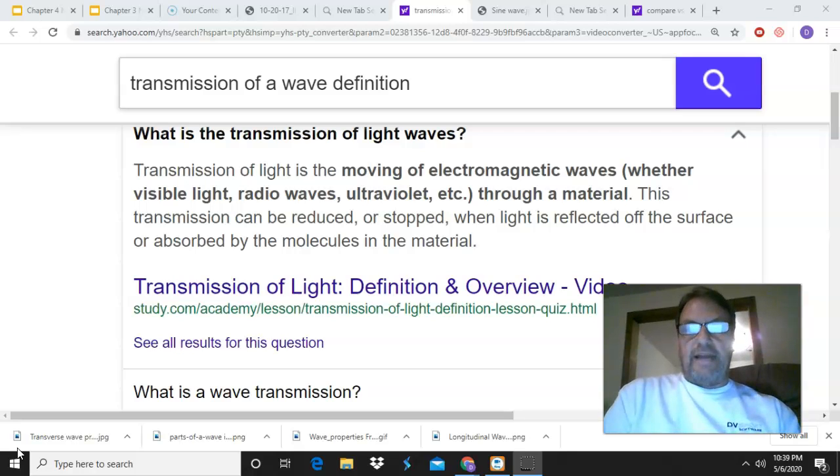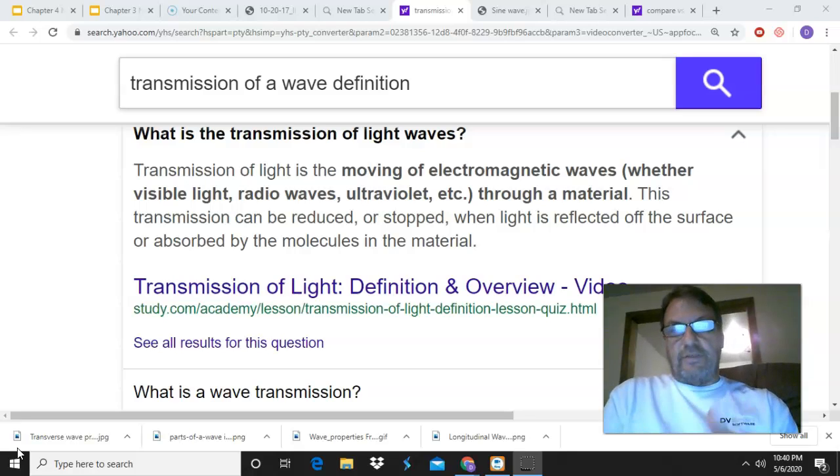But the black or the dark material is going to absorb those light waves, and they are not going to reflect back. And that's what we see as being black. And so you have the reflection and the absorption,